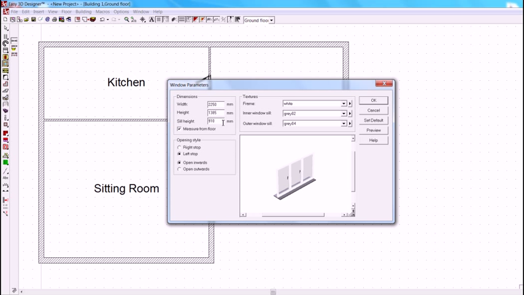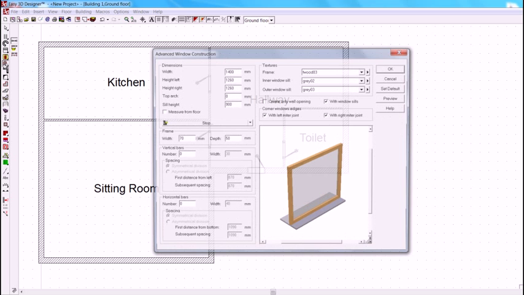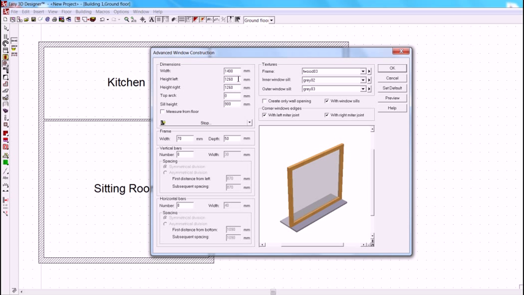To check the details of this window, right-click on the button. Here you can alter the dimensions and sill height. For this example, I am going to show you how easy it is to use the Advanced Window Construction tool. Right-click on the button to add the width, left height and right height, which will usually be the same. You can add an arch if required,